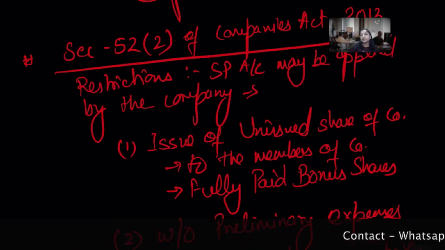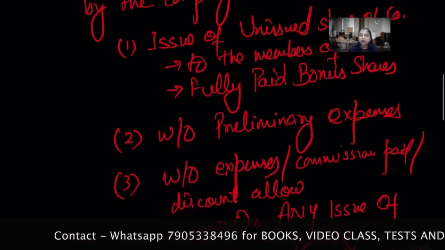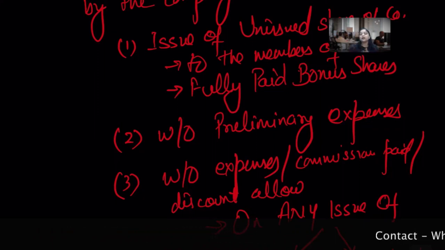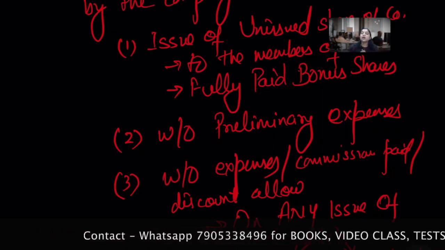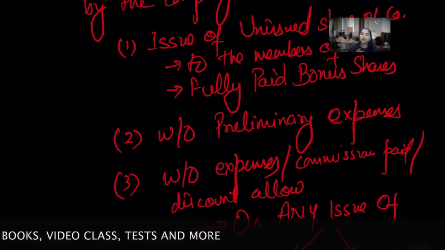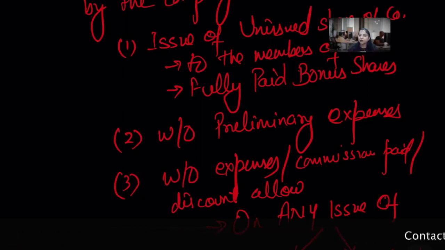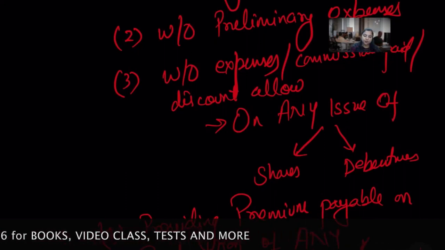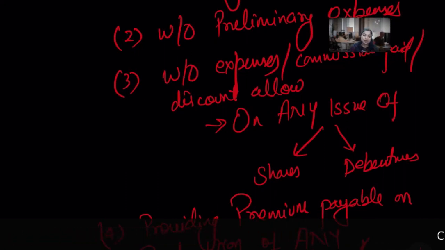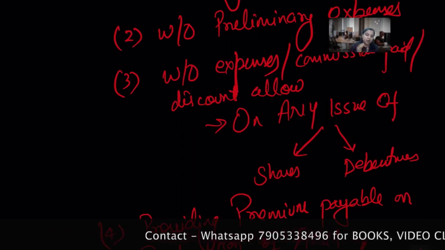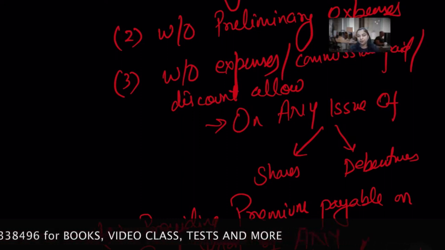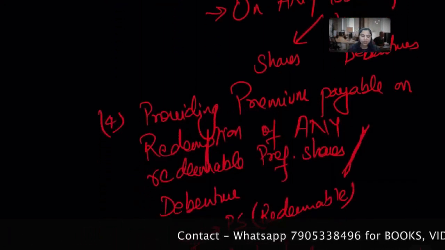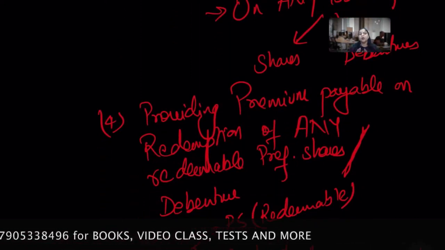बोनस के चैप्टर को कवर अप करेंगे तो और डिटेल में समझेंगे, ठीक है। उसके बाद इस सिक्योरिटी प्रीमियम का कहां यूज कर सकते हैं, जो भी प्रिलिमिनरी खर्चा हुआ था कंपनी का उसके लिए भी यूज कर लो, ठीक है। और कहां यूज कर सकते हैं सिक्योरिटी प्रीमियम को, जो खर्चे हैं, खर्चों को राइट ऑफ करना है या किसी तरीके की कमीशन पे करनी है या कोई डिस्काउंट अलाउ करना है, किसी भी प्रकार के शेयर्स या डिबेंचर्स के लिए। सो WO मीन्स राइट ऑफ, मैंने शॉर्टकट लिखा है, आपको एग्जाम में नहीं लिखना है, फुल फॉर्म ही लिखना है। राइटिंग ऑफ एक्सपेंसेस और कमीशन पेड और डिस्काउंट अलाउड ऑन एनी इशू ऑफ शेयर्स और डिबेंचर्स ऑफ द कंपनी, ठीक है।